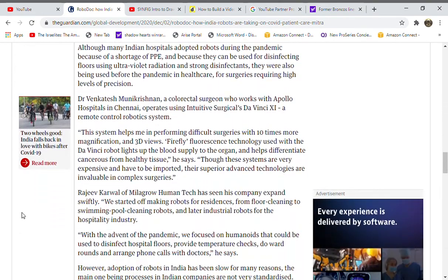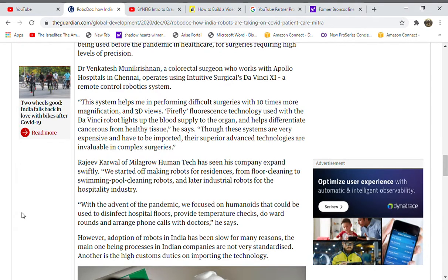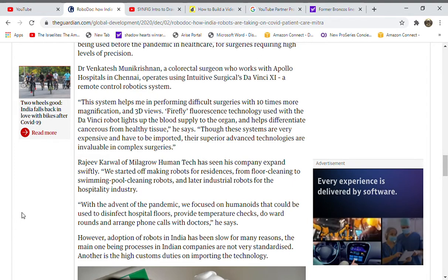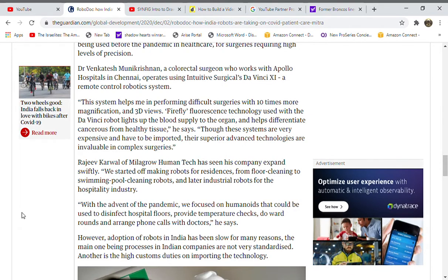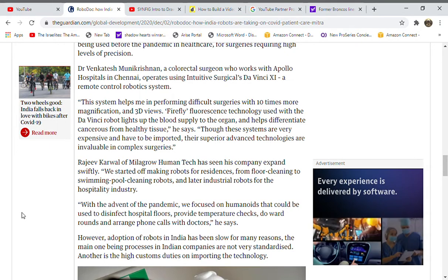Dr. Venkatesh Manakbhushan, a colorectal surgeon who works with Apollo hospitals in Chennai, operates using Intuitive Surgical's Da Vinci, a remote control robotic system. This system helps me in performing difficult surgery with 10 times